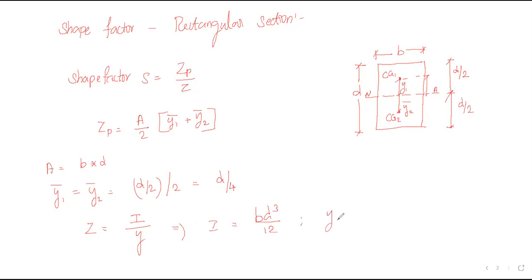Similarly, the Y max value for the entire section is D by 2. That is, for the total section, the centroid lies at its center. So Y max equals D by 2. Therefore,